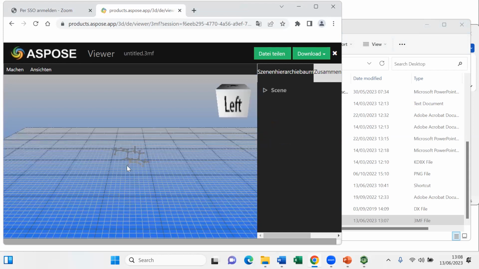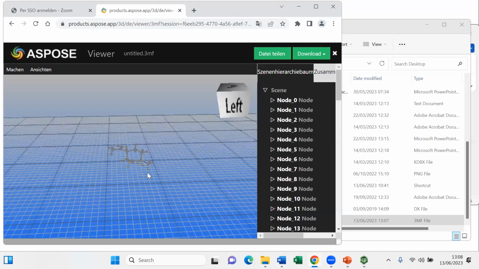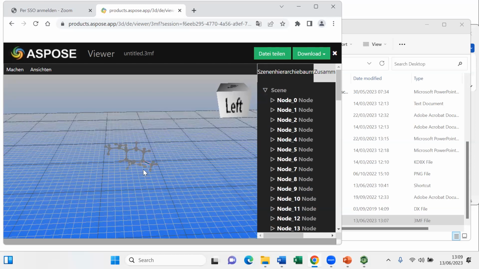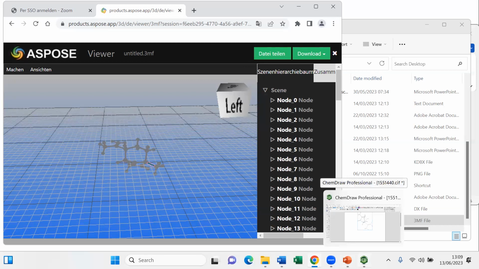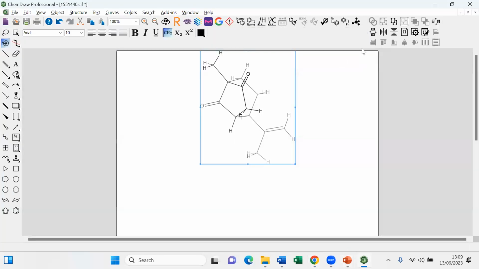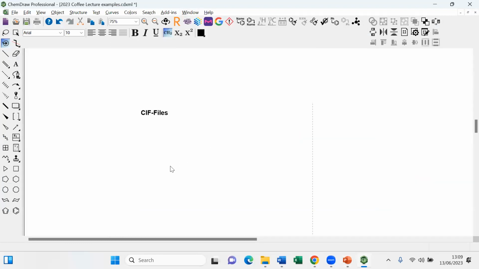So I can zoom in on that. Now here, surprisingly, it looks different. Before I didn't have a ball and stick model, but you see that I now have a 3D representation that I could potentially print. But there must be some hidden settings that I haven't figured out, because before I didn't have the ball and sticks, but more the sausage tube type representation. So that is one new feature.